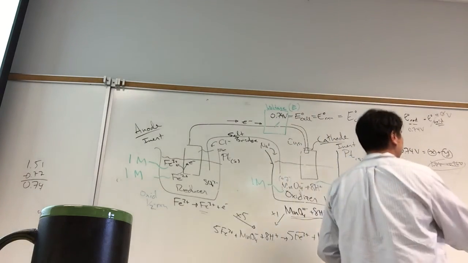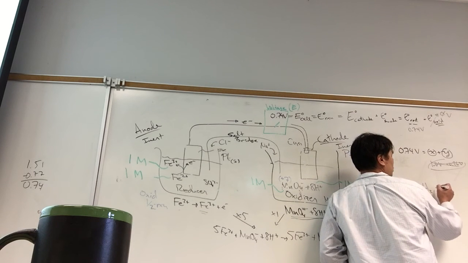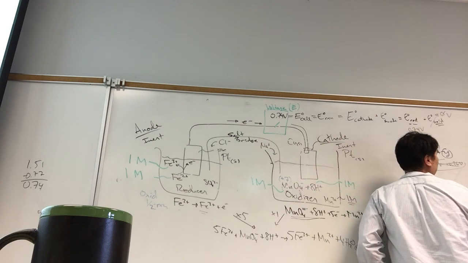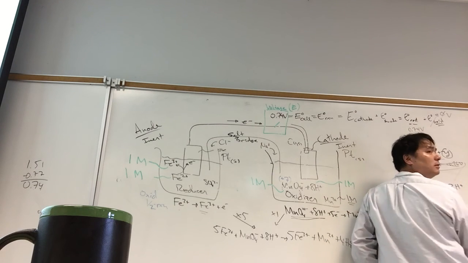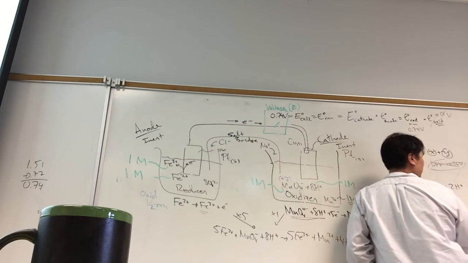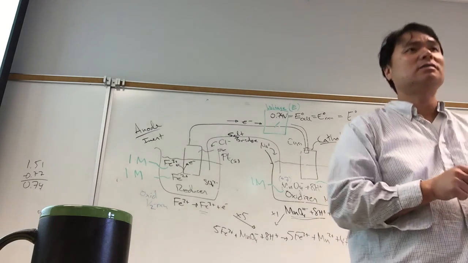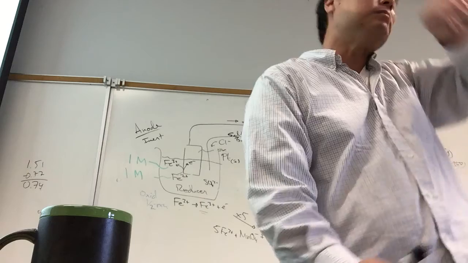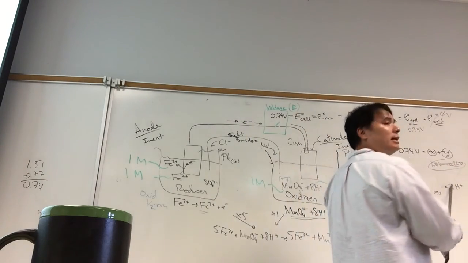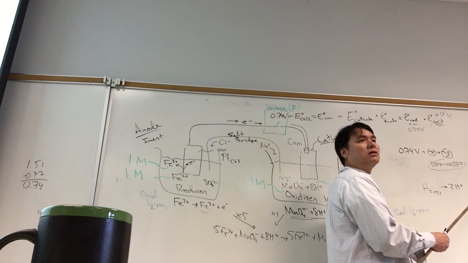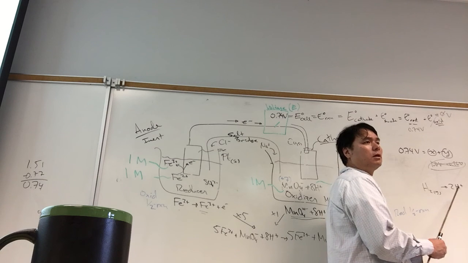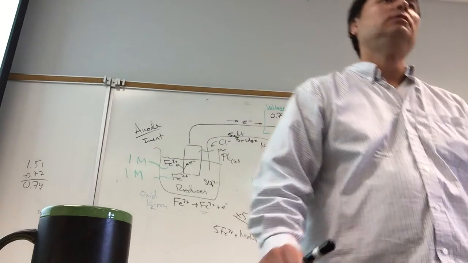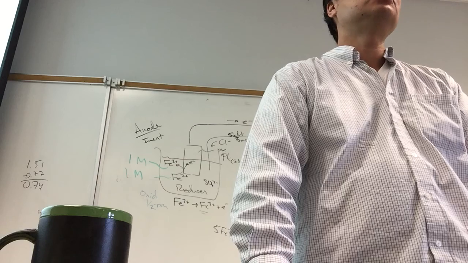Let me just refresh your memory. H2 gas goes to 2H plus, delta H of formation is 0. There's no energy involved in converting hydrogen gas to hydrogen ions. Impossible, right? This is impossible because you got to break the bond and then you got to ionize it. And then you got to dissolve it in water. There's going to be energy changes here. But we arbitrarily set it to 0, and where did all that energy go? Into,